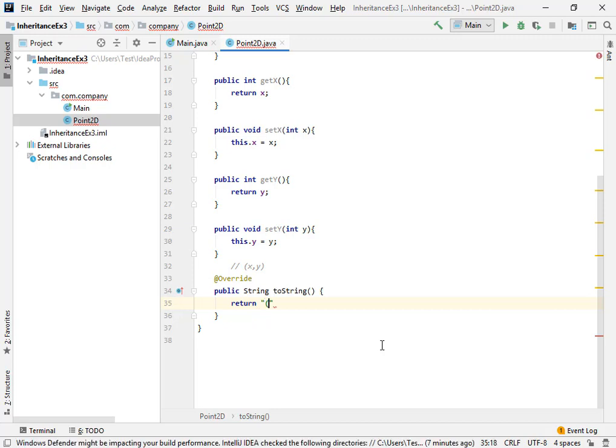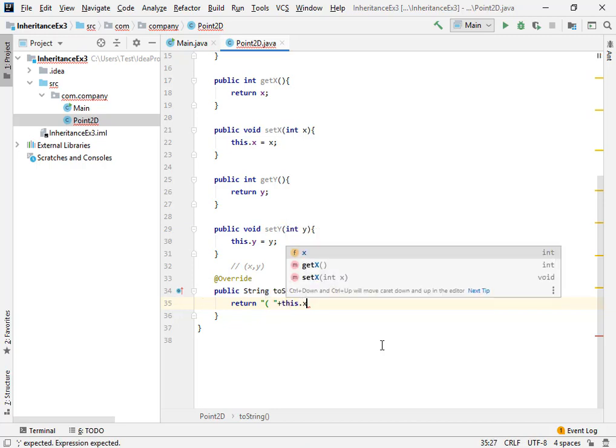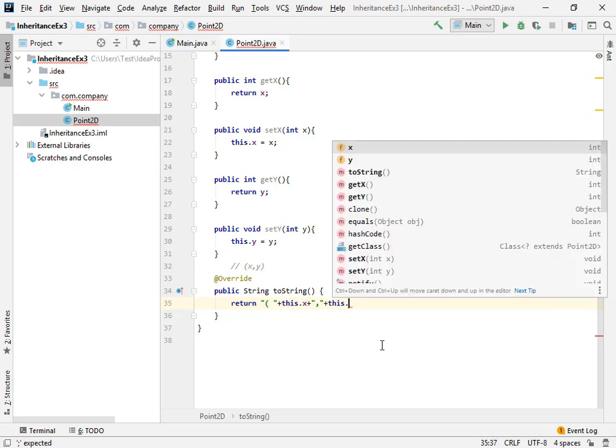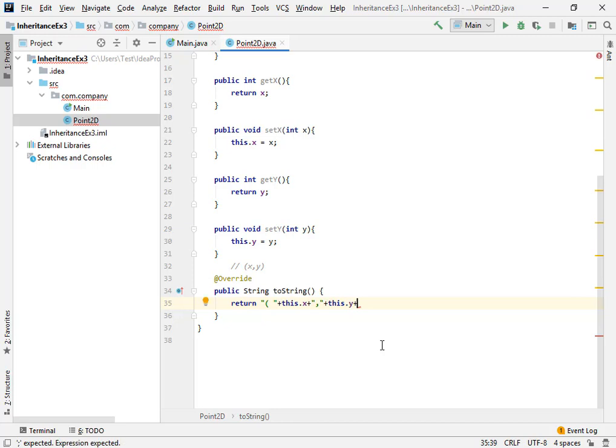I'm gonna include a bracket, then concatenate this with the value of x, then concatenate this with a comma, and after that concatenate it again with the value of y, and in the end concatenate with a closing bracket.